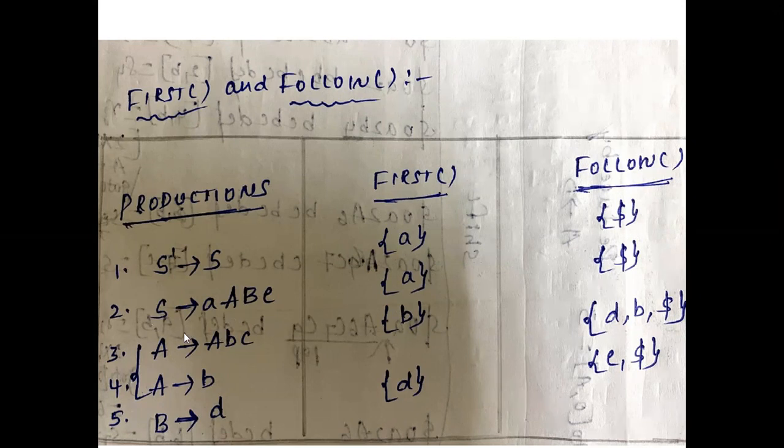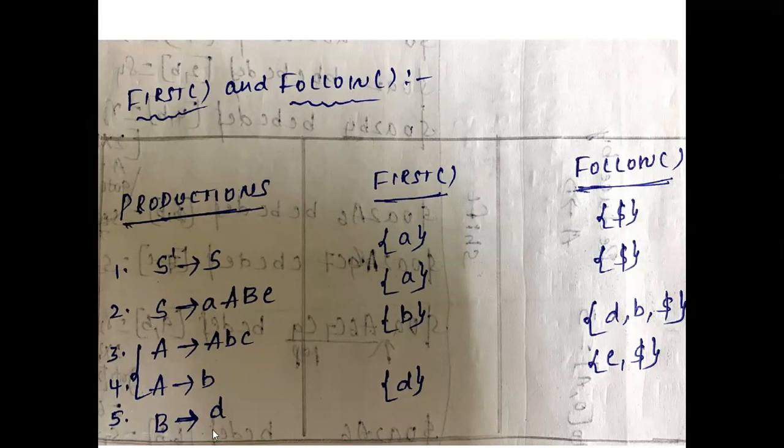So here I am applying the rule like follow of A is equal to follow of B and follow of B is equal to follow of A, right? And in these two cases, both are the same, A and A. But here follow of B, that is follow of A is equal to follow of S. What is follow of S? Dollar. That means here we get an output small d. Here we get an output small b. And by applying the rule follow of B is equal to follow of A, there we get an output dollar. And by using the union operator, the output is d comma b comma dollar.